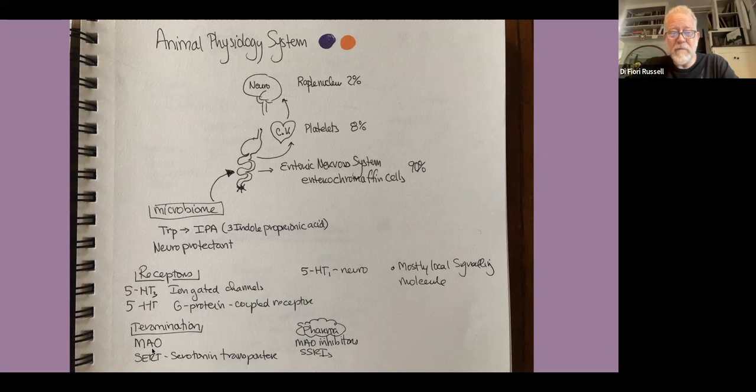And finally, I noted the 2 terminating methods, the ways to get rid of serotonin. So you make serotonin and then you have to get rid of it. Monoamine oxidase is an enzyme that breaks it down. And the serotonin transporters, which transport it back into cells to be broken down, it turns out those 2 are the main pharmacological